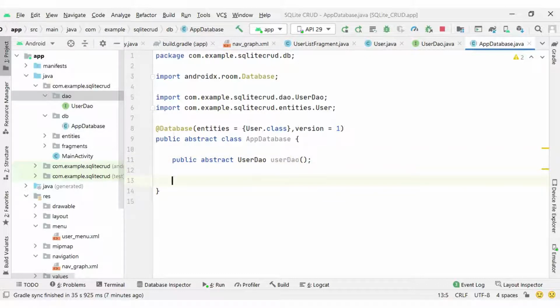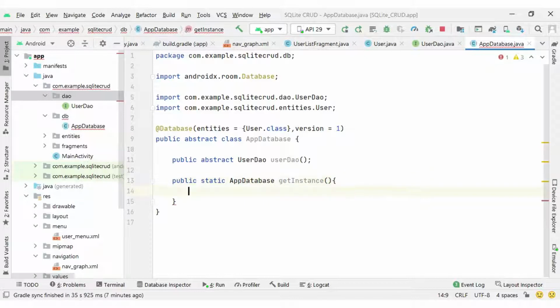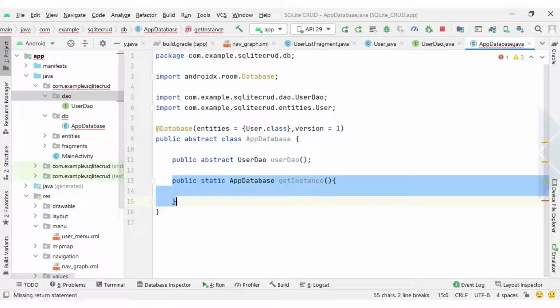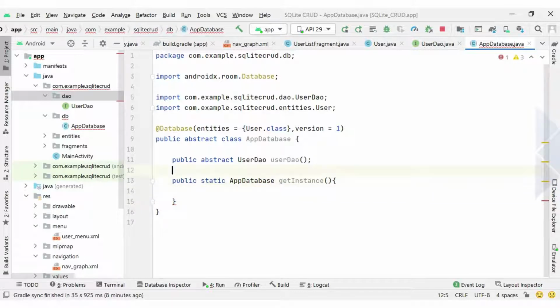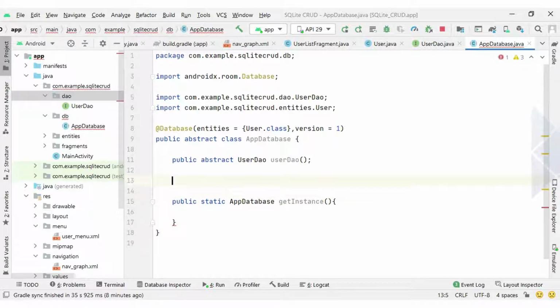One more thing I am going to create here is a public static AppDatabase getInstance method. This method will help us create the instance of our AppDatabase, and for that instance I am also going to declare a private static AppDatabase db.